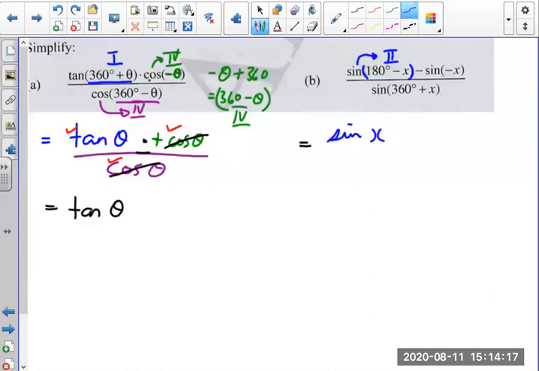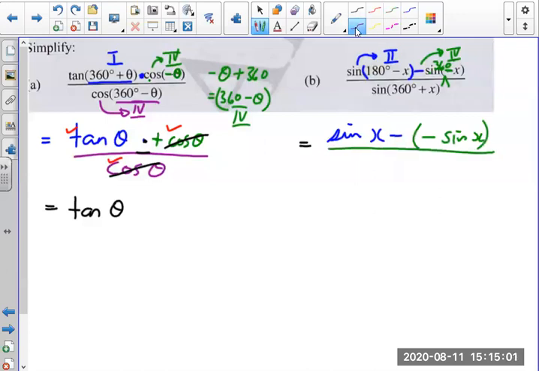Now the difference between A and B: for A you had a multiplication there, and here you have a minus. So take note that you don't miss something. So there's the minus. Now I'm reducing sine minus x. Three questions. Where's minus x? It's in the fourth quadrant. Or if you don't know, then add 360 there. Where's 360 minus x? It's still in the fourth quadrant. Sine in the fourth quadrant is negative. So it becomes negative sine x